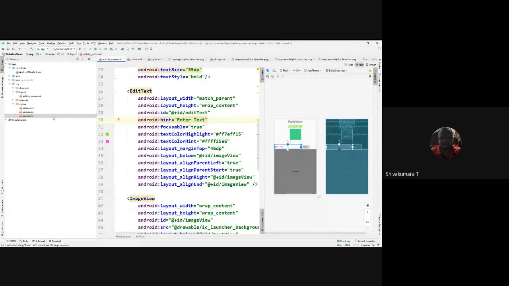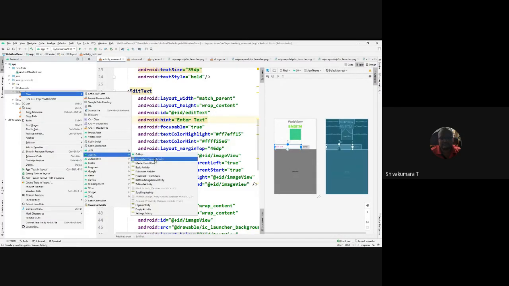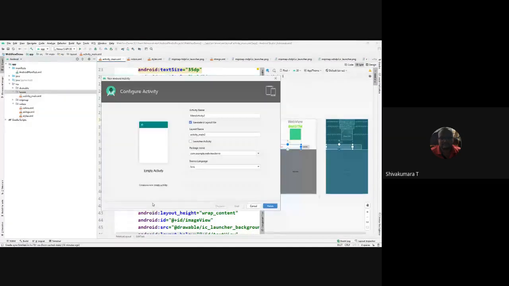So let us have one more activity, a new activity, like an empty activity. We can call it main activity 2 or second activity. Second activity dot java is the java class file, and activity underscore second is the GUI layout name.